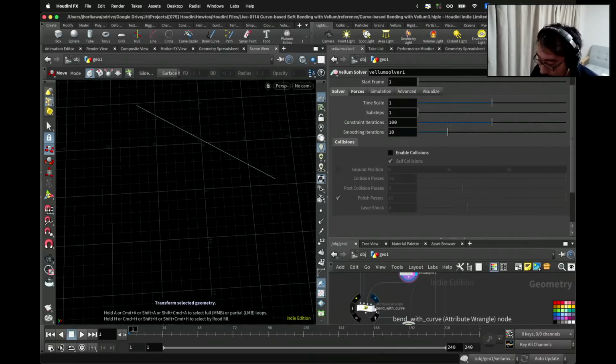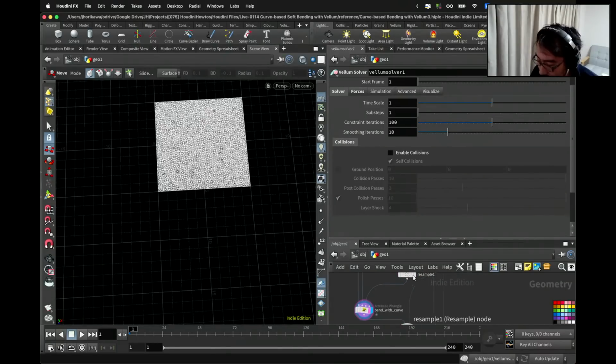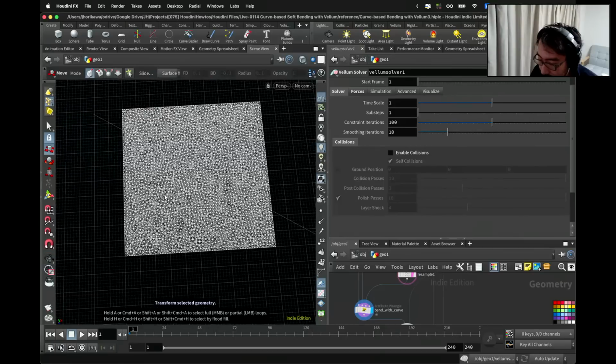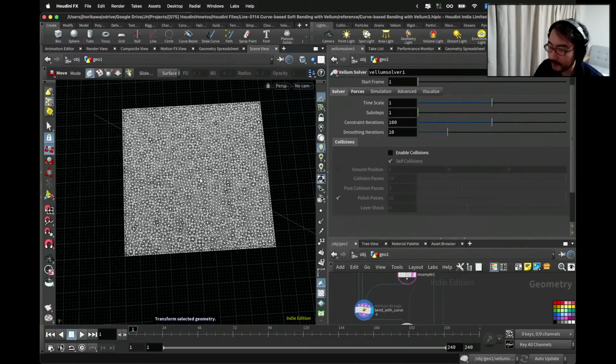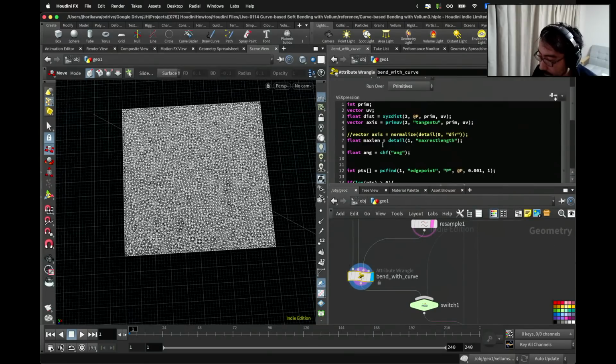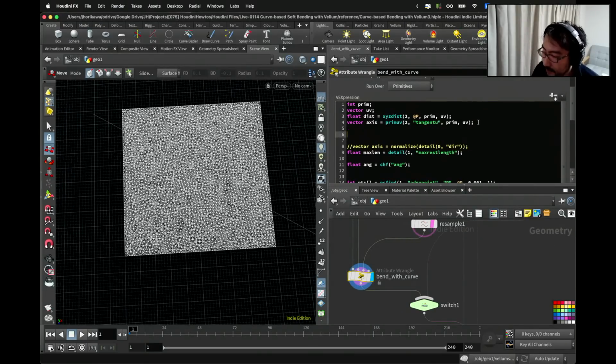What I would like to try now is to calculate the distance between constraints and the curve, and if the distance is close enough, we'll have a bending effect. If it's a bit too far, then we're going to ignore the bending. So that's pretty easy to do. What you just need to do is to check